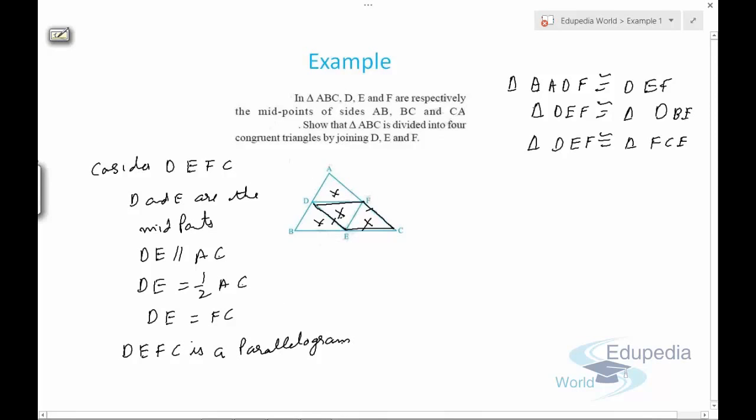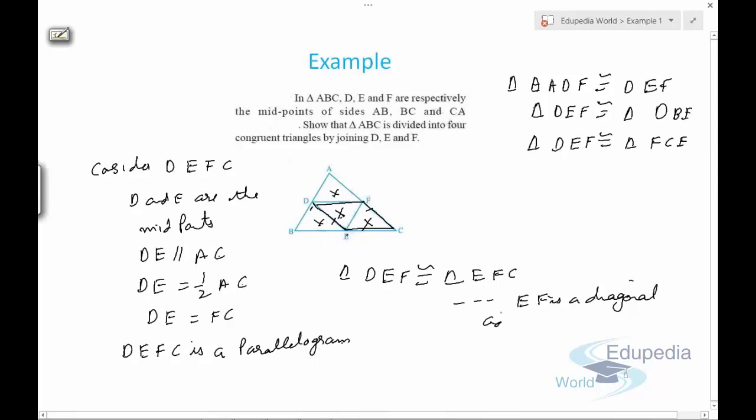Let's discuss again. Since D and E are the midpoints of two sides of a triangle, the line joining the midpoints of two sides of a triangle is parallel to the third side, and it is also half of the third side. So we can say that DE is parallel to AC and DE is half of AC. So DE equals FC. So this forms a parallelogram. Now we know that a diagonal in a parallelogram divides it into two congruent triangles. So we can say that triangle DEF is congruent to triangle EFC. Why? Because EF is a diagonal